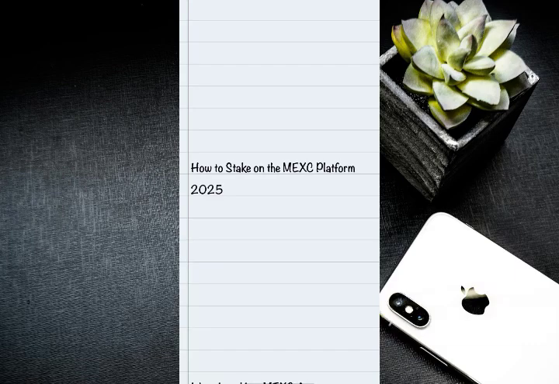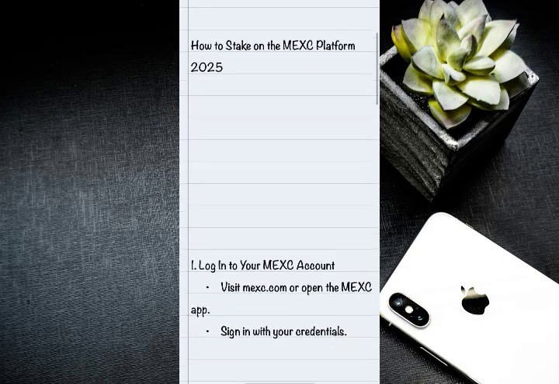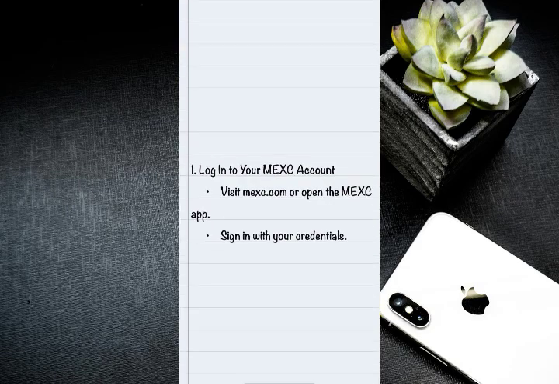In this video, I'm going to walk you through an easy step-by-step guide on how to stake on MEXC Platform. So to stake on MEXC Platform, here is a simple guide on how you can do that. So the first thing to do is to log into your MEXC account. You can also do that using the website version or the app version. So if it is website, just go to mexc.com, and if it is app, just open your app and sign